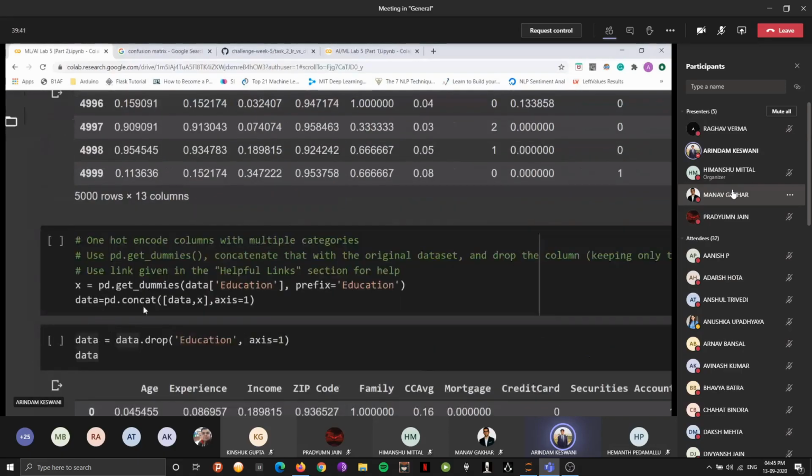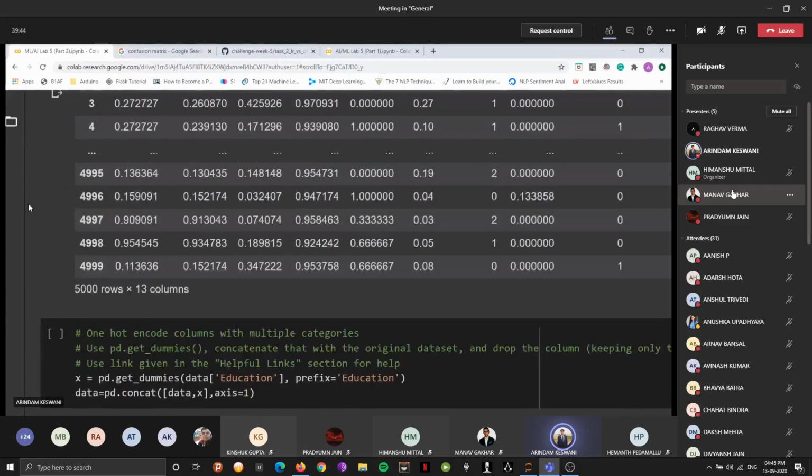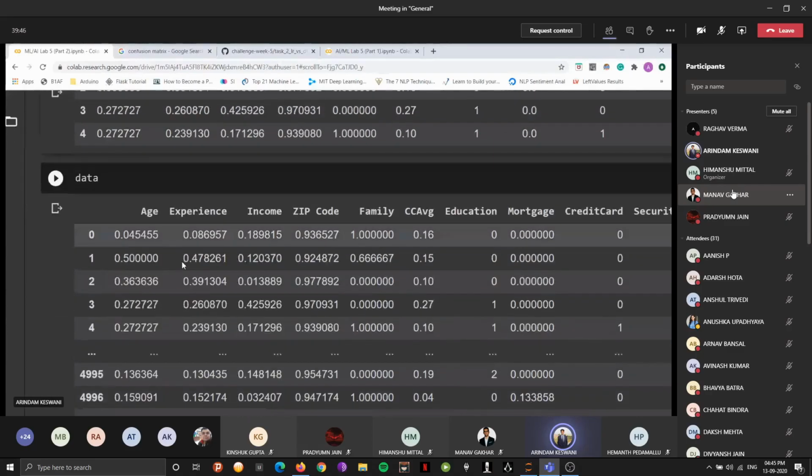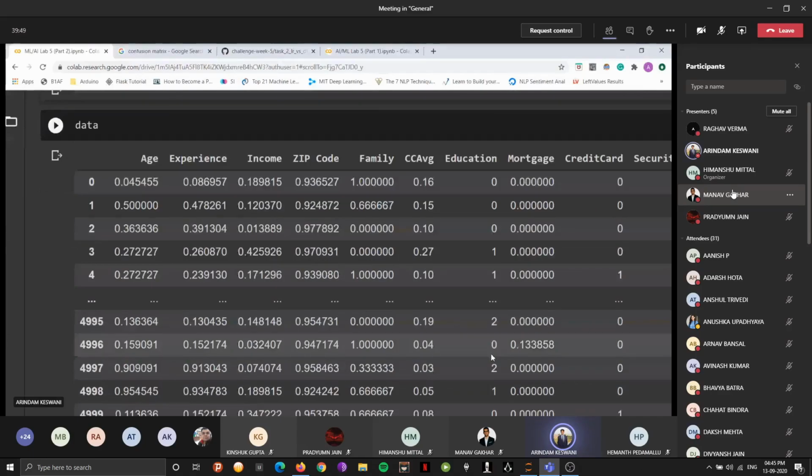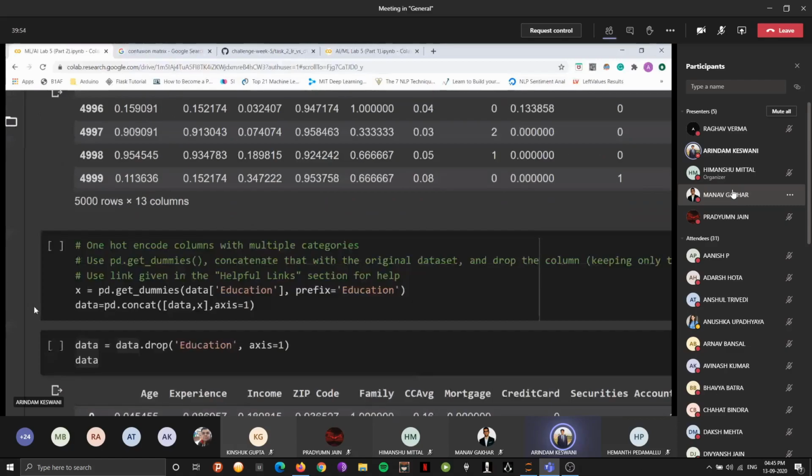Now the education column in particular, as you can see, is multi-class instead of binary, as compared to other such categorical columns. So I have chosen to implement one hot encoding, and we can do that by using pd.get_dummies. If you're having a problem with how to do that, you can just follow this particular code cell, or you can use the resources given at the top of the challenge repository, in which there's a mention of pd.get_dummies and how to go about it.